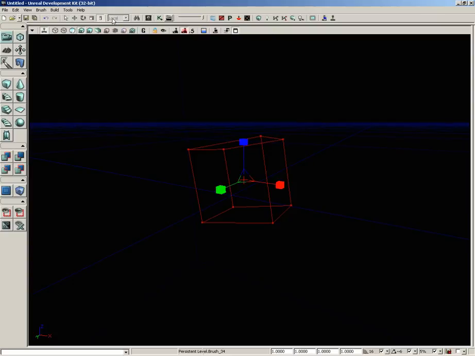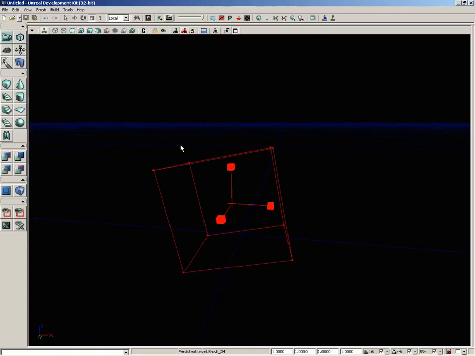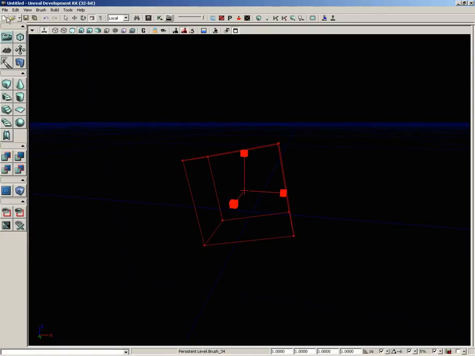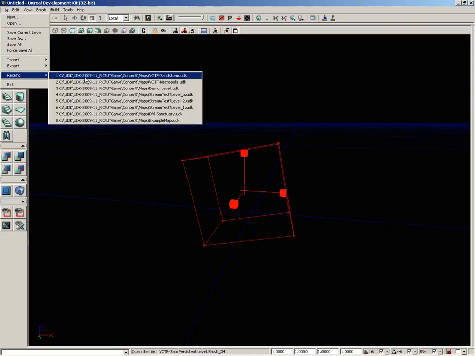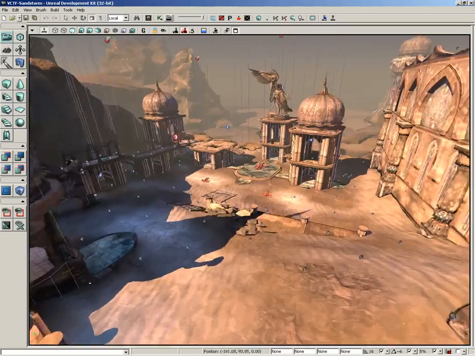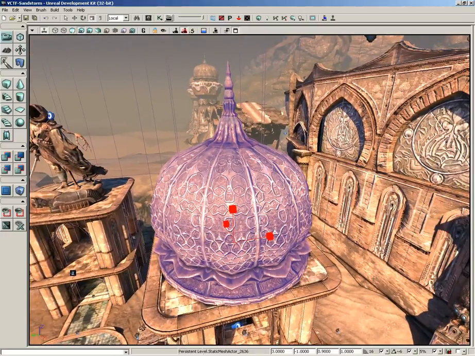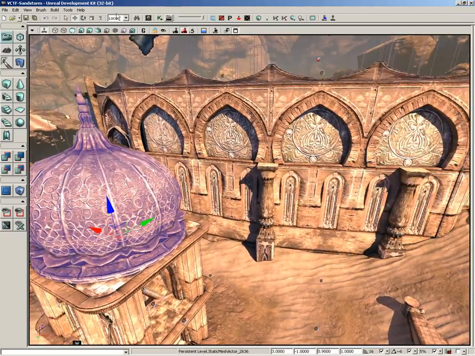Now, you also can change the reference coordinate system for your operations. And this is something that you might have seen if you're using 3D applications such as 3ds Max or even when using Maya. But what I'm going to do to really show it off here is let's open up a map. So I'm just going to grab Sandstorm real quick, and we don't need to save any changes here. And let's fly over and let's just pick on this static mesh right here, this nice dome static mesh. Now currently, if I grab my translation widget, it says I am in local as far as my reference